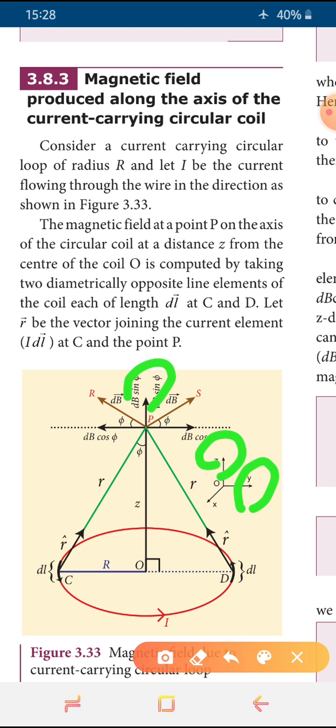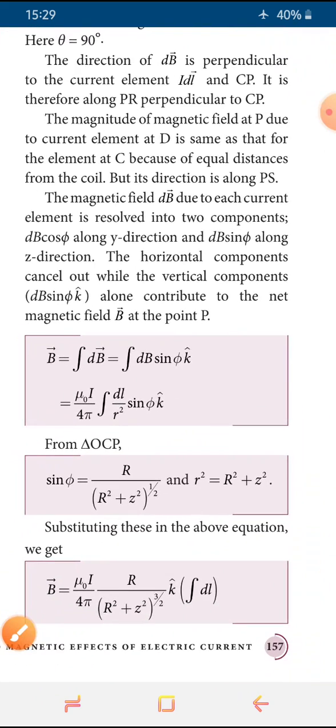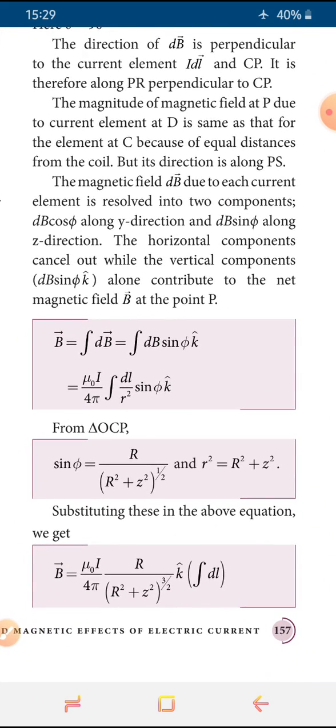So we have terms related to the directions i cap, j cap and k cap. We studied this in 11th standard too. Do you remember? Only sin phi has survived. Then the equation will become